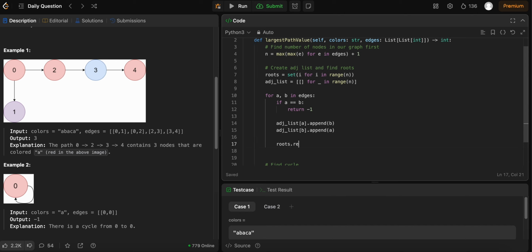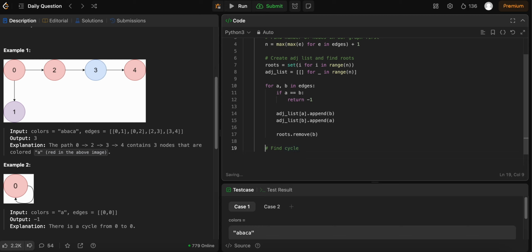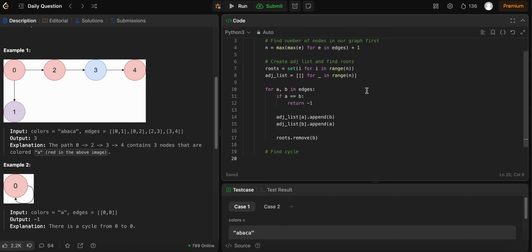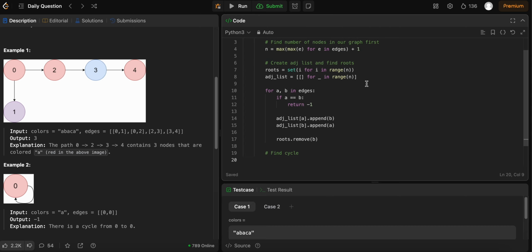So we just do roots remove B. And when we get to here, one thing is if there are no roots, that means every node is being pointed at, and that means there is a loop somewhere. Because any node you start at,